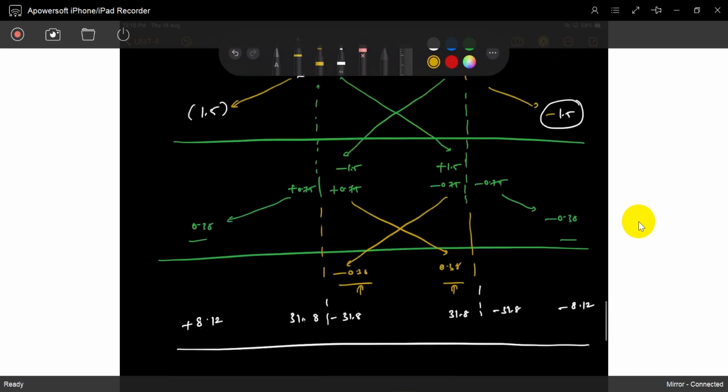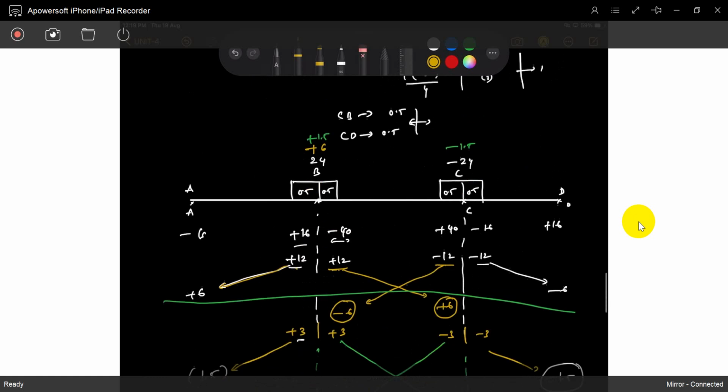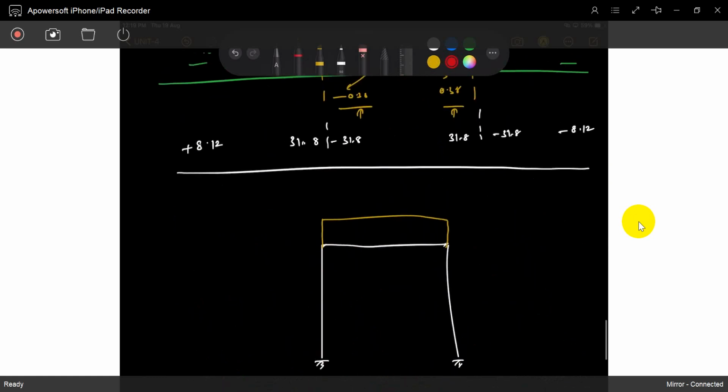Okay, and also what is the loading here? The loading is 2 point loads. If 2 point loads are acting, how is the bending moment diagram? I think here it's like this. So this value is 60, this value is 31.8. So this value is collapsed, this thing is remaining. So this is positive, this is negative. So if you go like this for the span AB, if you see, it's 8.12, positive and it's again positive. So okay, it will come like this.